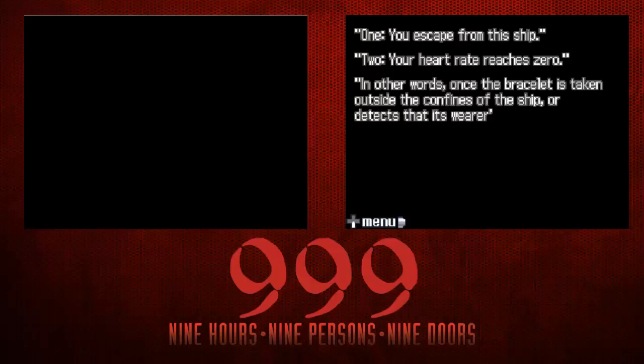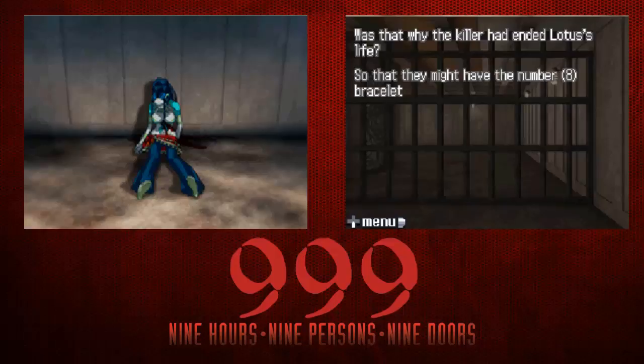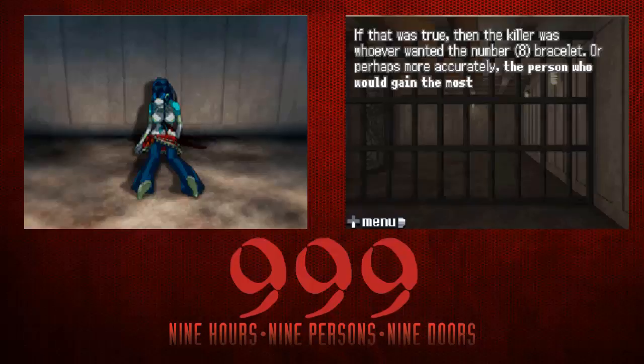Was that why the killer had ended Lotus's life? So that they might have the number 8 bracelet? If that was true, then the killer was whoever wanted the number 8 bracelet. Or perhaps more accurately, the person who would gain the most by obtaining bracelet number 8. Who is that? Who would benefit the most from the number 8 bracelet? The thought had only just entered Junpei's mind when...